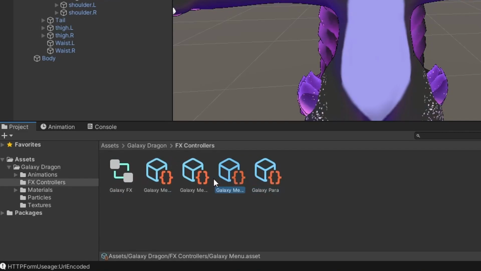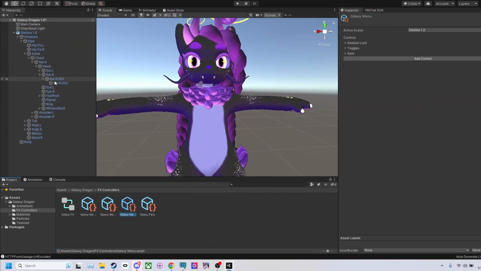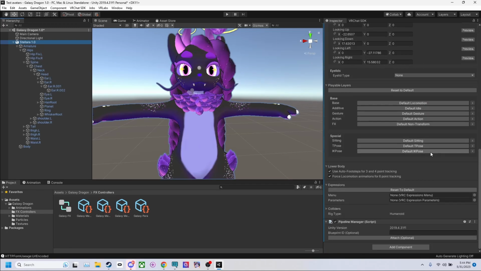These right here are the menus and the parameters. One of these is parameters. This one right here says parameter. This is Galaxy menu, this is Galaxy menu toggles, and this one is Galaxy menu eyes. So I'm guessing this one, because it doesn't have a subtext or whatever, it's just Galaxy menu. Highlight your avatar, scroll down, look for menu down here, and drag in your main menu there, and the parameters